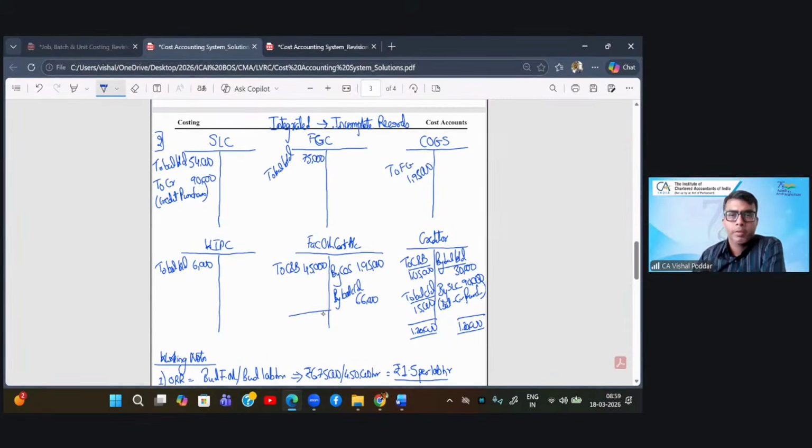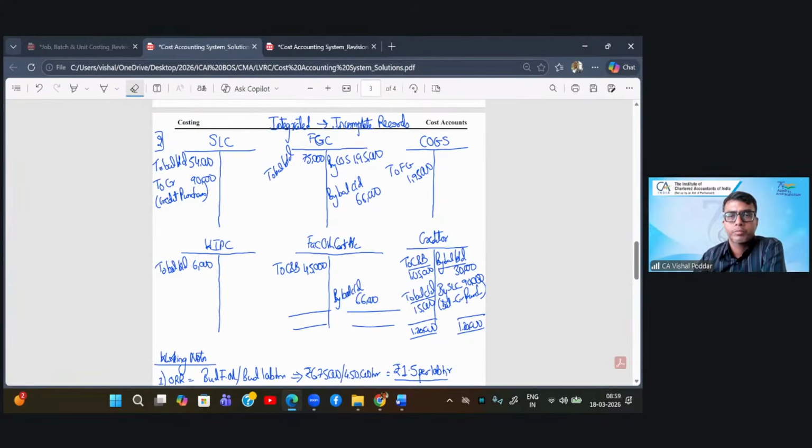Now, again applying single entry logic. Sorry students, I have made a wrong posting. This should have come here. So 195 and by balance carried down. This is your factory overheads account. Many times in exams, this happens that you may just put it in the wrong account head. Okay, now